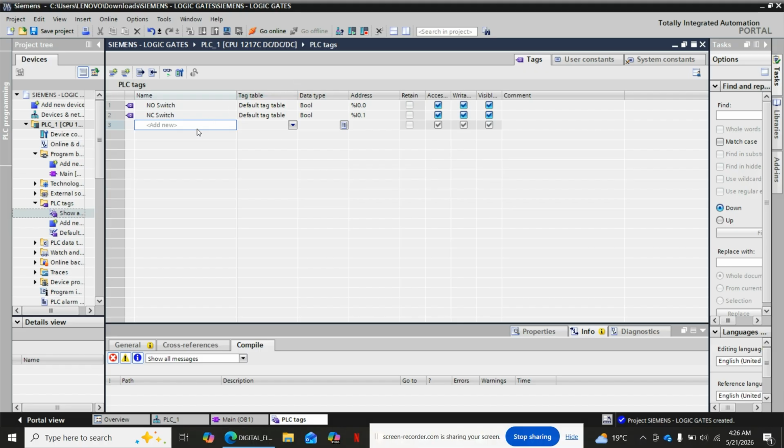So hapa tunataka labda tuseme hizi switch zina control an LED. Okay? So let's just write here LED ambayo sasa ni labda bulb, right? Enter. Utaona hapa imesema ni boolean. Exactly. An LED can either be light on or light off. But then it's not an input. Kwa mfano kwenye address hapa andika I0.2. An LED is actually an output response to the switches. If you close the switch, LED is on, open the switch, the LED is off, depending on either an